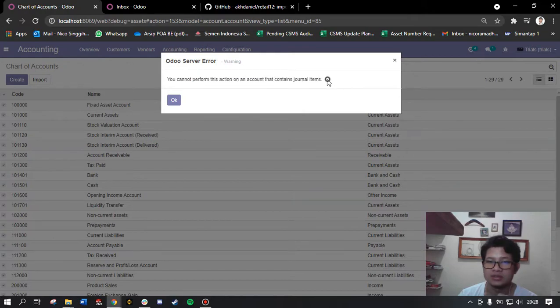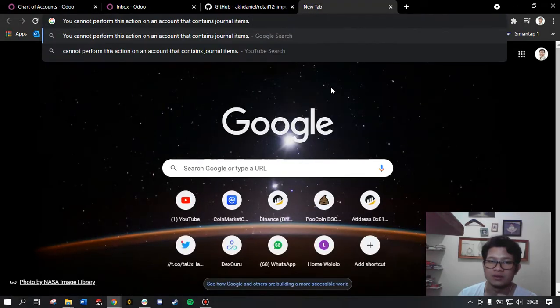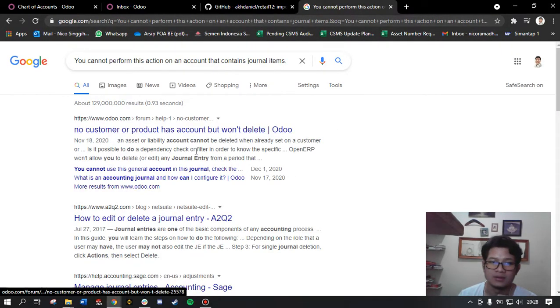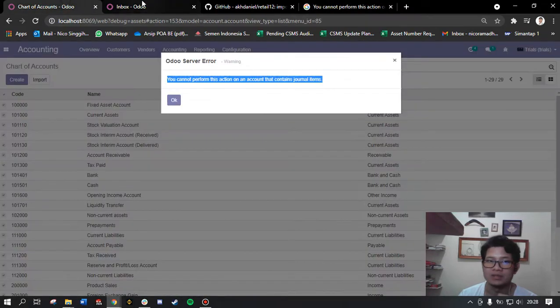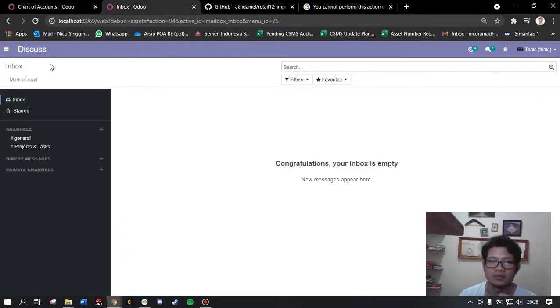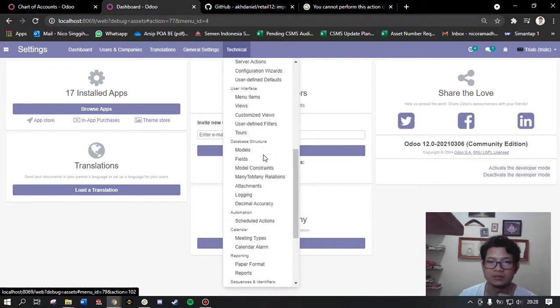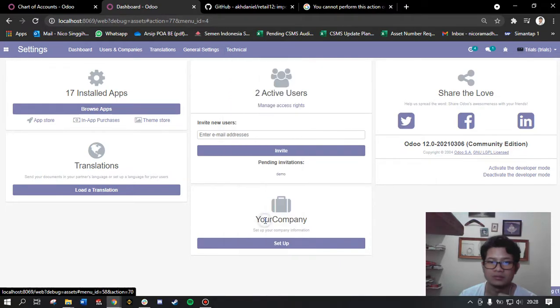You can search this error code on Google just like this, and you'll find some sort of resolution from the internet. There's a lot of things like that, but the first thing I want to show you is this one. Bear with me. You go to Settings, then Technical, then Company Properties,